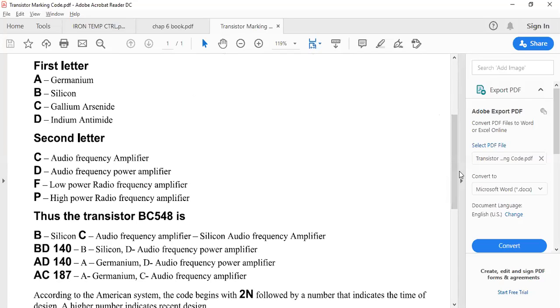Let us take another example, BD140: silicon, and D is audio frequency power amplifier. Power amplifier BD140. And AD140: A stands for germanium transistor and D for power amplifier. AC: A stands for germanium and C for audio frequency amplifier.